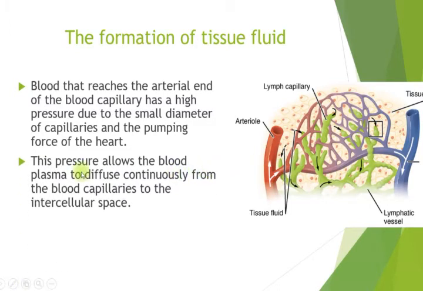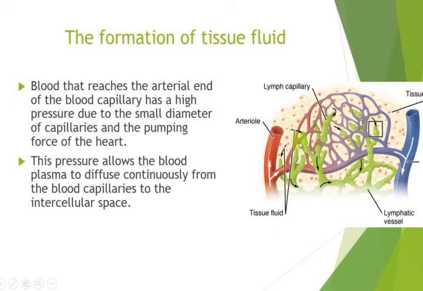Okay, second one, this pressure allows the blood plasma to diffuse continuously from the blood capillaries to the intercellular space. Yeah, right. Okay, so the high pressure just now is produced because of the difference in the diameter of the capillaries and also at the arterial end here. And also from the pumping of the heart. So the force that comes from those two sources will allow the blood to diffuse. So now the blood diffuses out from the blood capillaries to the